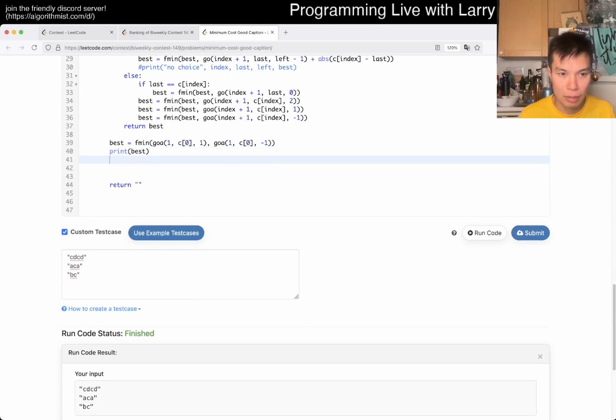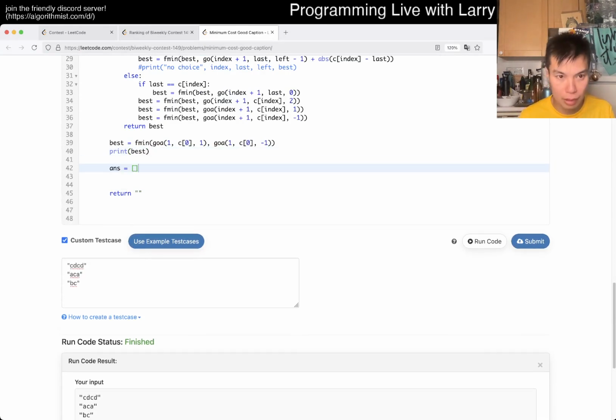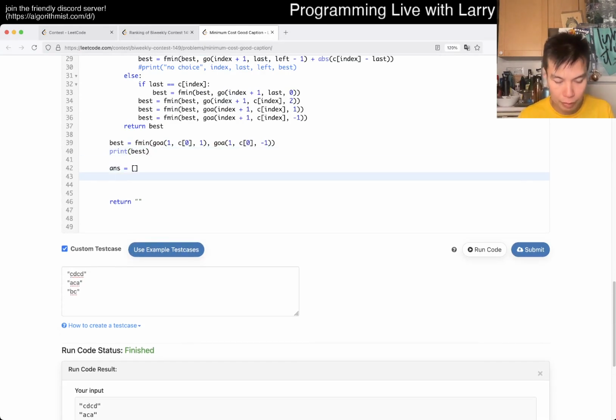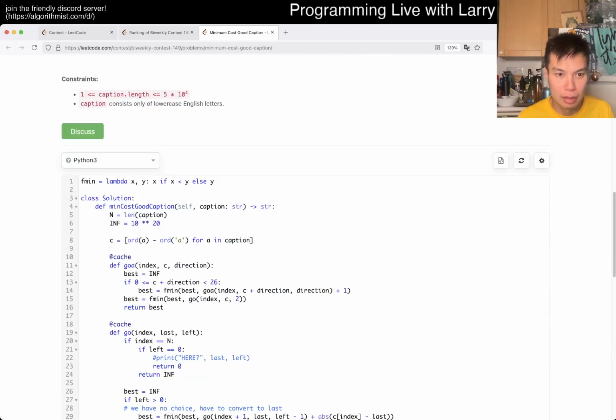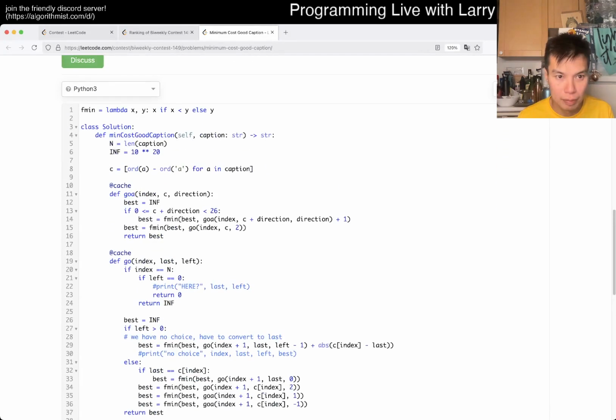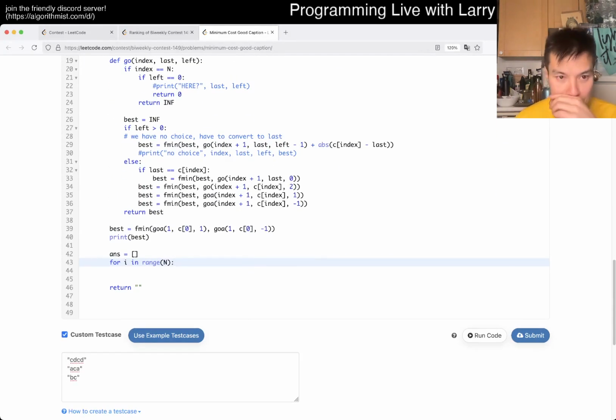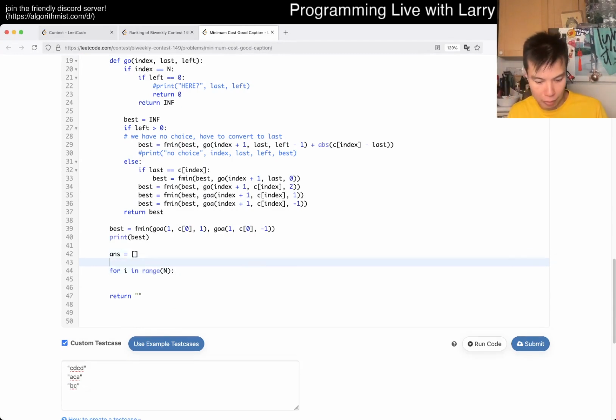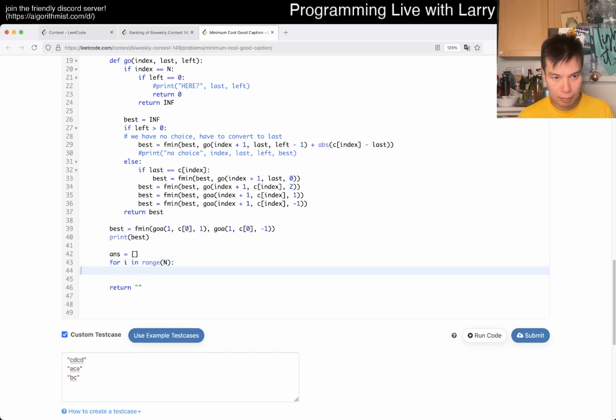Okay, so then now we have answer, right? So then for I in range of n, okay, I've got to keep track of the states, right? So